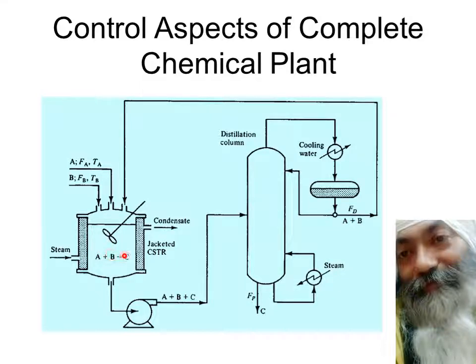B and C. A and B is getting converted into C, but this conversion is not 100% because we have a continuous influx of A coming from here, influx of B coming from here. It's getting converted into C. Let us say, for example, 80% of A and B gets converted into C, and 20% of A plus B remains as A plus B, and this is getting out from this pump.